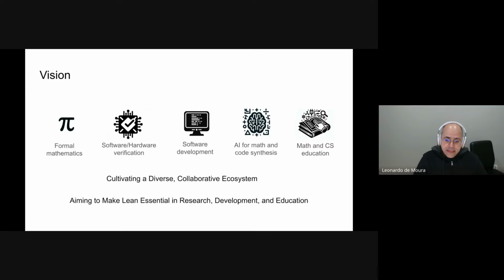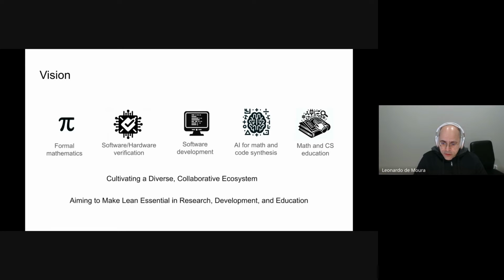We also believe that Lean is a great platform for writing AI for math and code synthesis, right? AI hallucinates, but with formal proofs, you can address this concern, right? There are many groups that believe this is the way to go. And in the future, it's more important to have a language where you have formal proofs that can be machine checked, right, for AI, than having a more mainstream programming language.